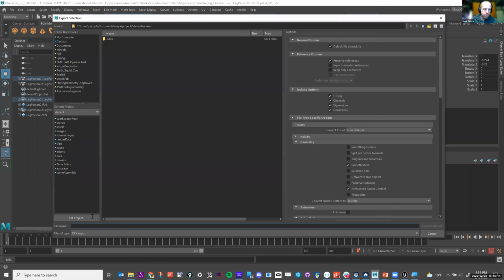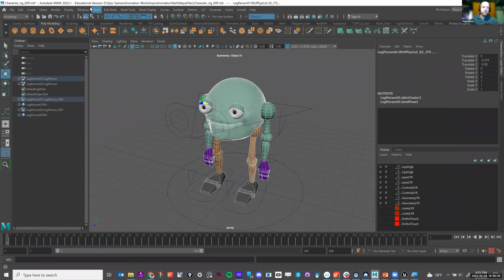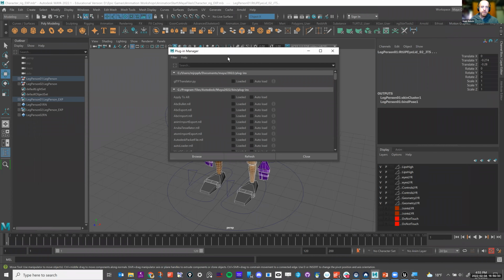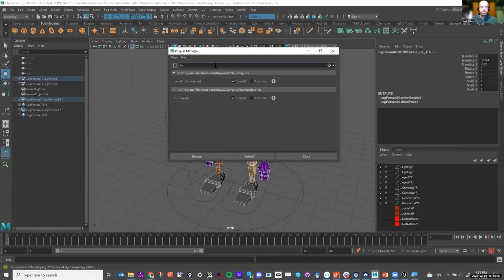Then what I'm looking for is down here, the file type that I'm going to be doing. It's an FBX export. In Maya, if you don't see FBX, all you need to do is go to Windows, go down to Settings and Preferences, go to Plugin Manager, and then just type FBX at the top. Boom, there it is.